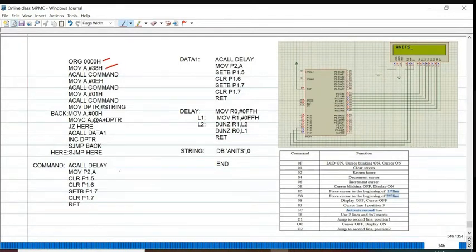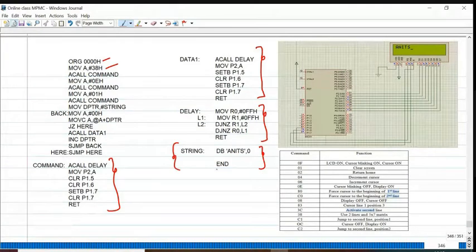So I have written 3 subroutines. One subroutine for commanding the LCD display to do some basic operation, one subroutine for transmitting our data, and one subroutine for delay for each and every letter display. At last, I have stored some information in the lookup table.